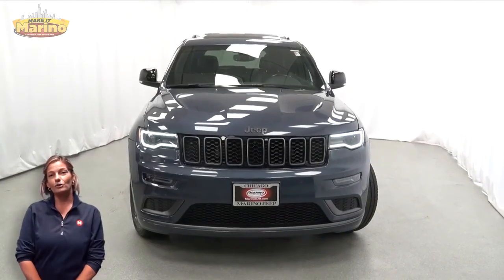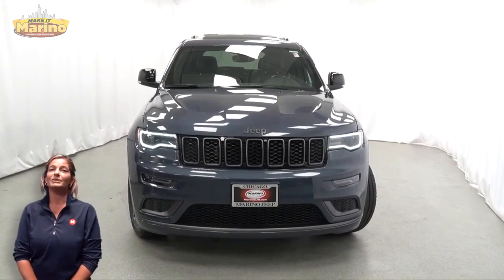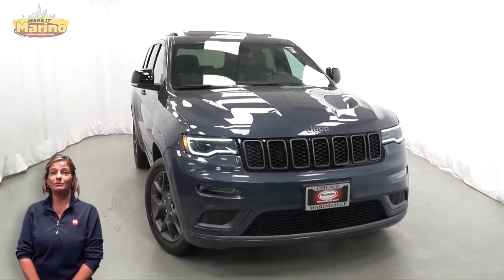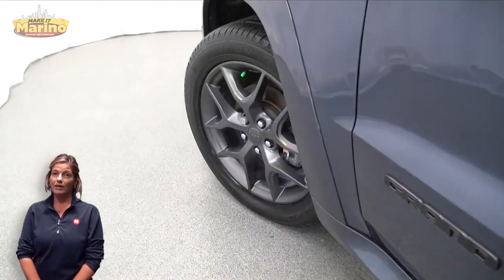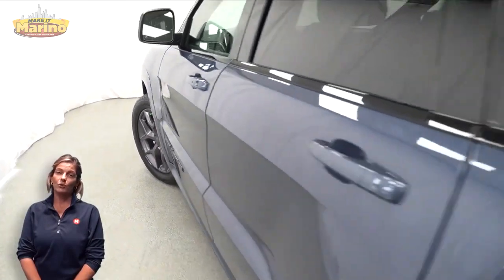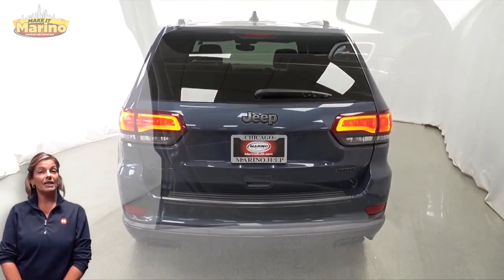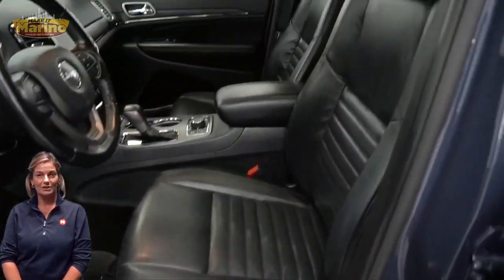Looking for a highly equipped compact SUV with all the right options and reliability? We'll take a look at this 2020 Jeep Grand Cherokee Limited X in slate blue. With bi-xenon HID headlamps, premium fog lamps, 20-inch aluminum wheels, blind spot and cross path detection, heated front seats, heated steering wheel, 37,000 miles on the odometer,